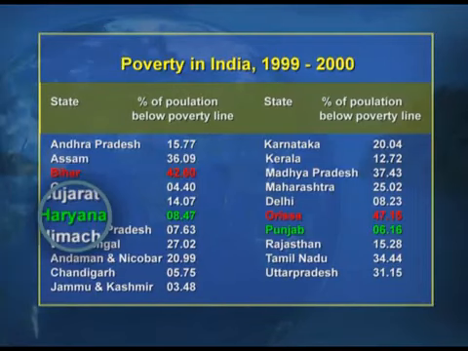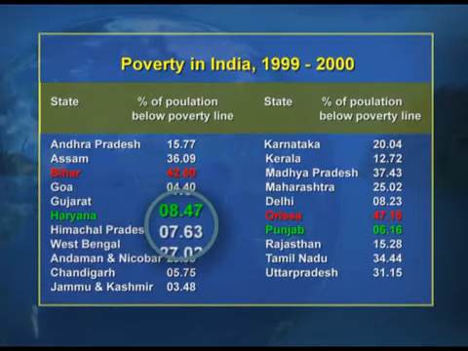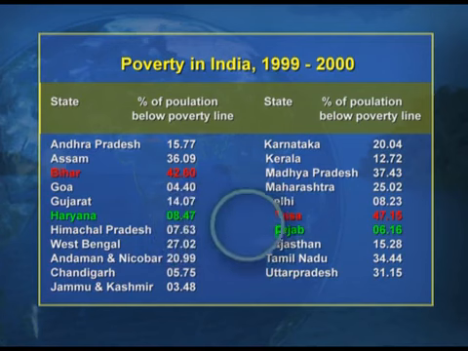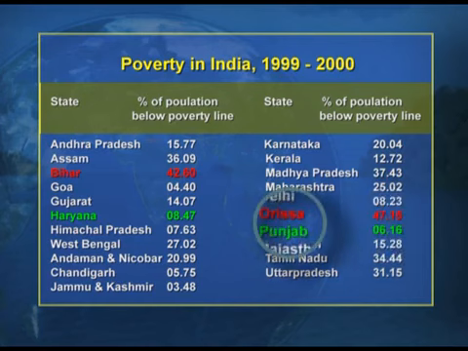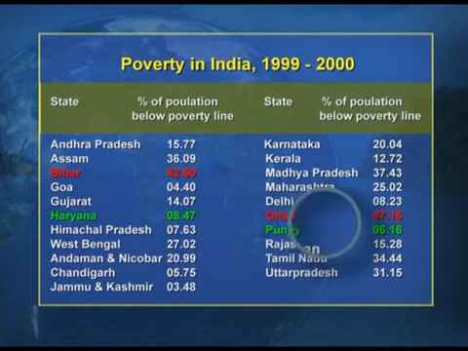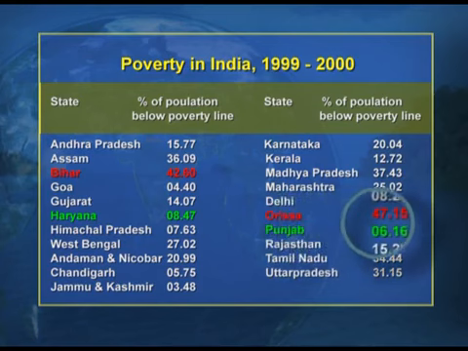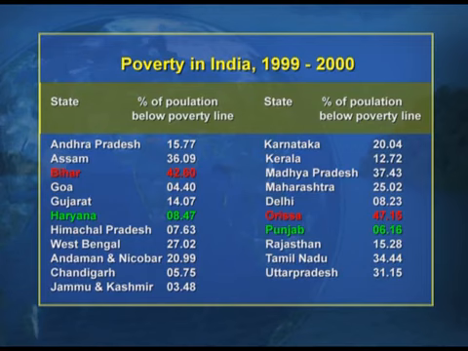If you just have a look, the two states Haryana and Punjab have a very low percentage of the population below the poverty line. The state Punjab has the least population below the poverty line, and the percentage is 6.16, followed by the state of Haryana with the percentage of population